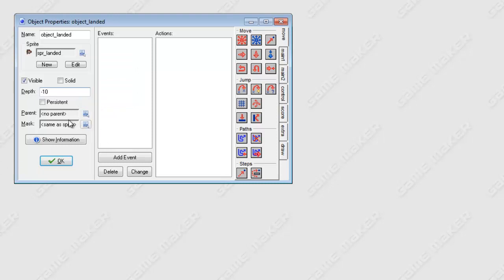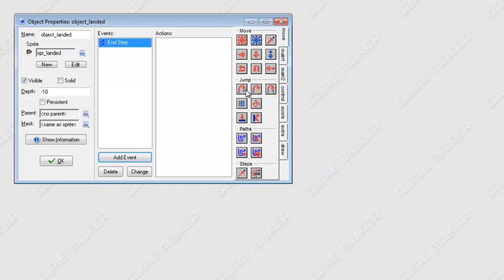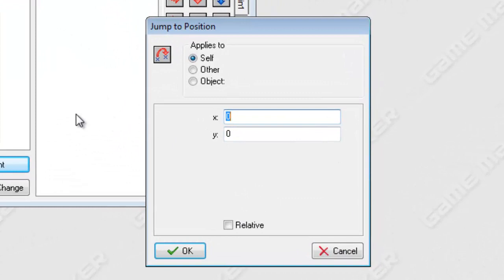Now what we want is to have this landed rocket follow the special moon. So when your rocket lands on a moon, it will change into this landed thing and follow it. So we want to add a step event, an end step, and then we're going to jump to a position. So it'll go to this position every step of the game, and that position is going to be the same as object special moon